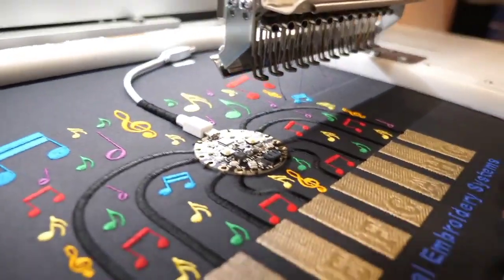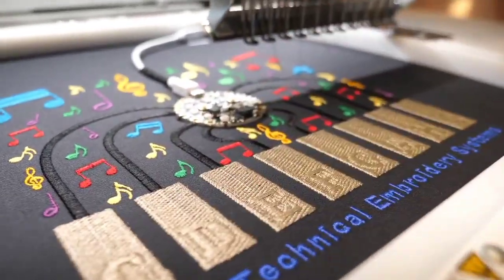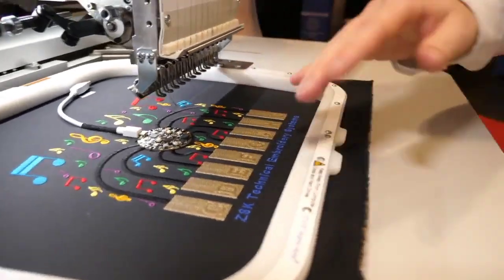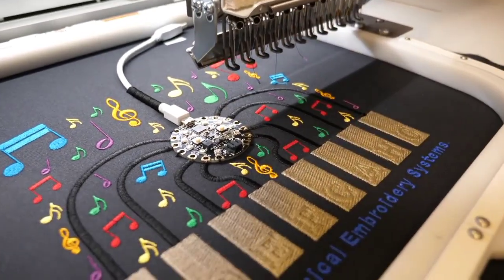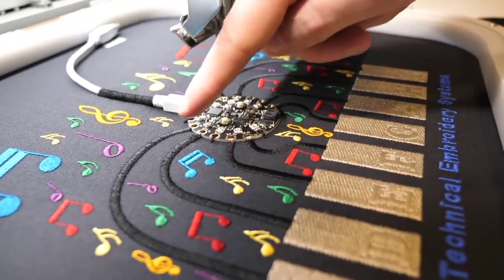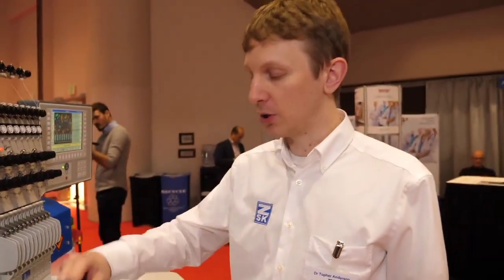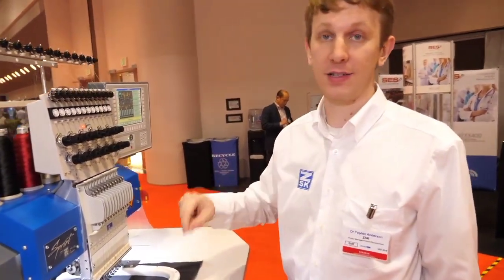So what we have here is a capacitive touch sensor. This is a self-capacitance sensor, and what that does is allow us to detect the capacitance of a person touching it. So this creates a keyboard that somebody could play. We also have a conductive path that travels up through the individual e-textile, and that is terminated and connected automatically through the board. So what we're trying to do here is create a single-step manufacturing process to create the sensors, the connections and routing, and then also connect them automatically to the board so there's